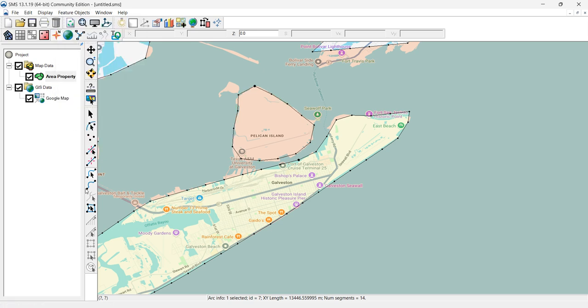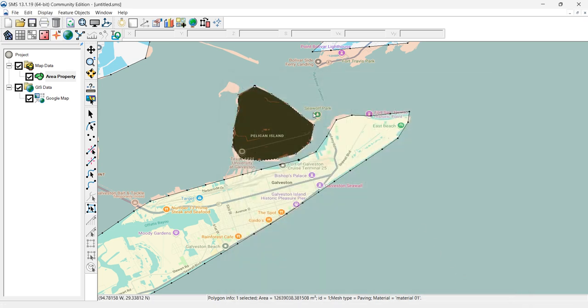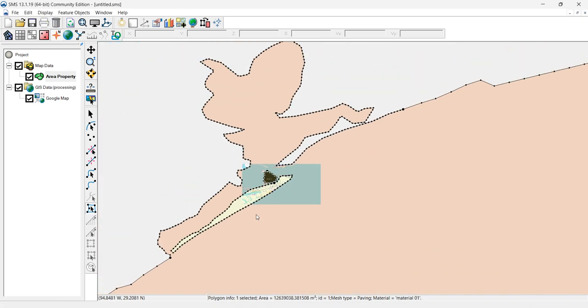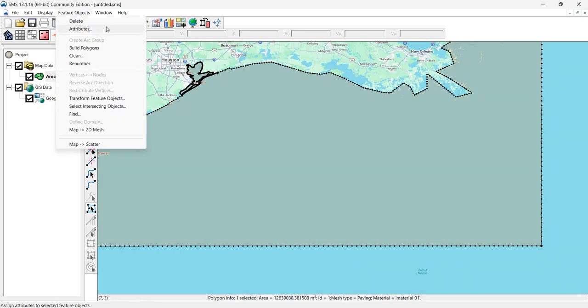And again, build the polygons, select polygons, and make it none. Okay, and now you can